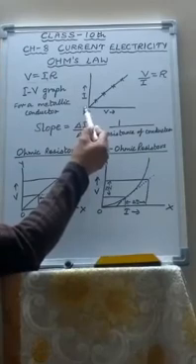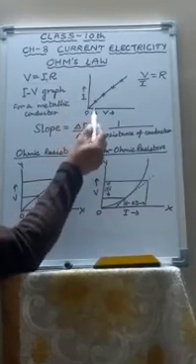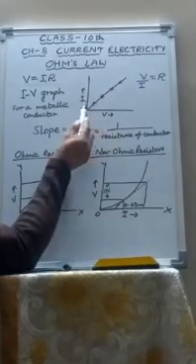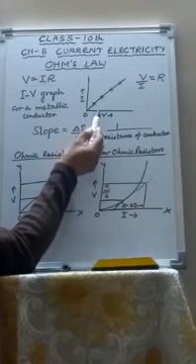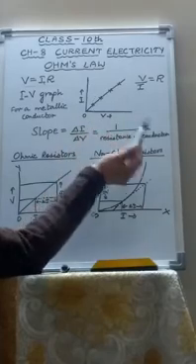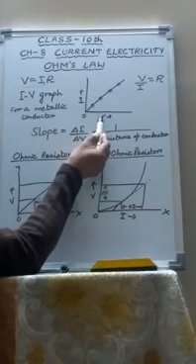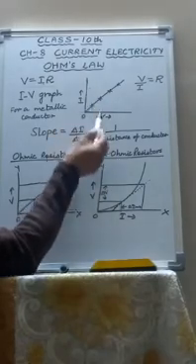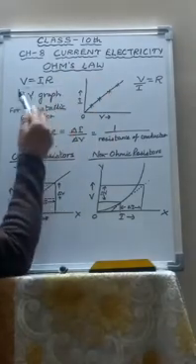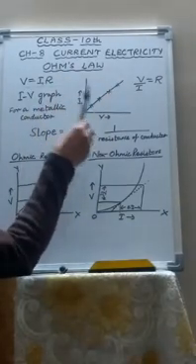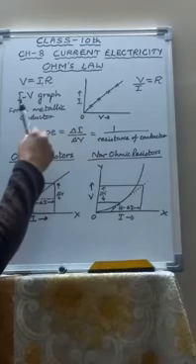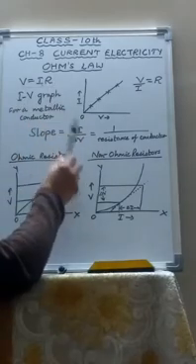So, if a graph is plotted for current I against potential difference V, we get a straight line because the ratio is always constant. If V upon I is constant, then I upon V will also be a constant. If we double the current, the potential difference will also be doubled. If we triple the current, the potential difference will also be tripled. So we obtain a straight line. This is called the IV graph for Ohm's law, especially for a metallic conductor, because all metals obey Ohm's law.